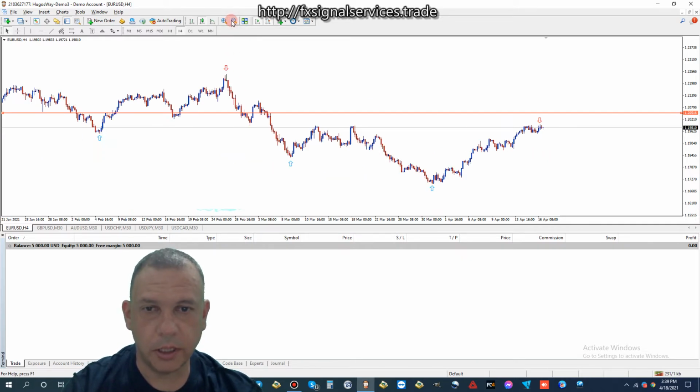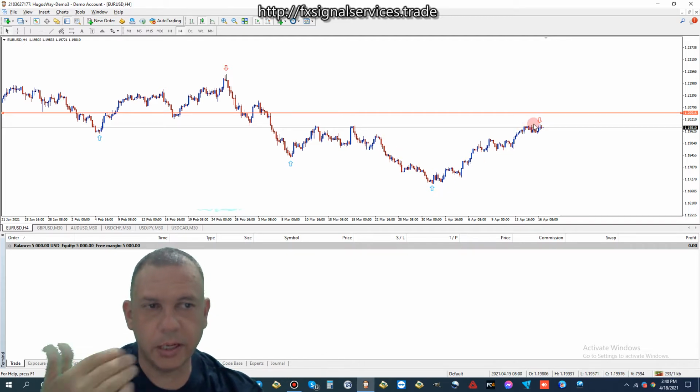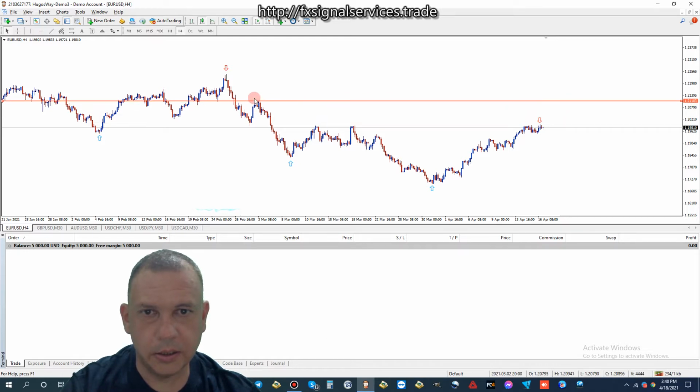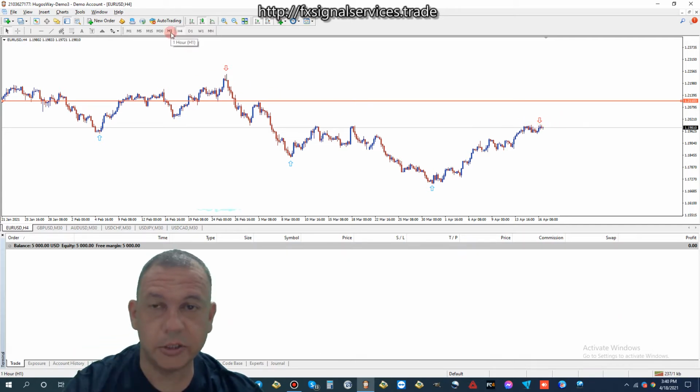We don't know. Nobody knows the future of Forex. Here we see a blue arrow followed by an even lower blue arrow, right? So we could have a red arrow followed by an even higher red arrow. So it's always possible. It could go as high as, let me double click this, this resistance right here. We have a support here, resistance there. So yes, it is very possible that it will go up. Right now, we're stuck in a kind of flat range of market.